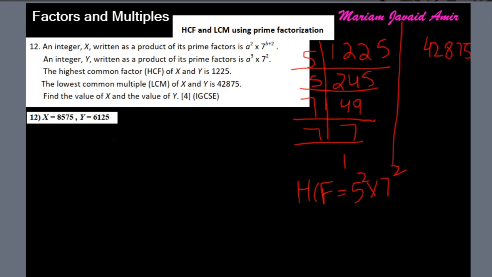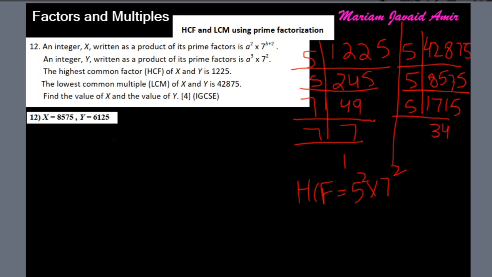42875. Now let's start dividing it by 5 as well. 42875 divided by 5 gives us 8575. Again, this is divisible by 5, which gives us 1715. Again, it is divisible by 5, which gives us 343,